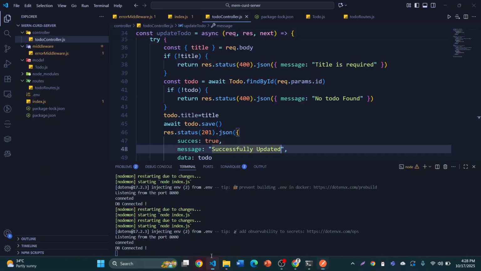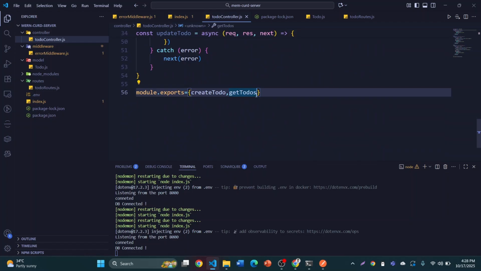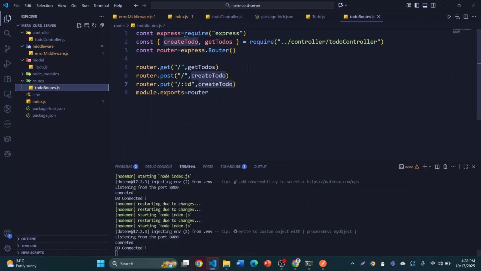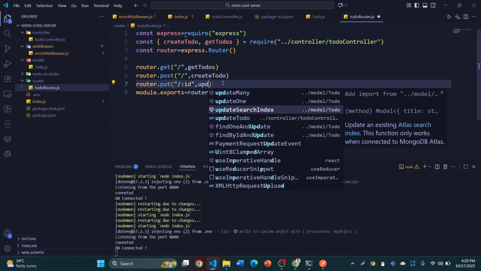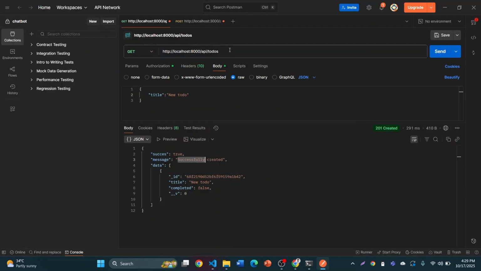Oh, sorry, we have to import that. Let's use the update to-do. We have to export that. We are exporting that option, and if we go to update to-do, yep, this is the update to-do. So if we now check a specific to-do, this is the ID of the to-do. So just put it,